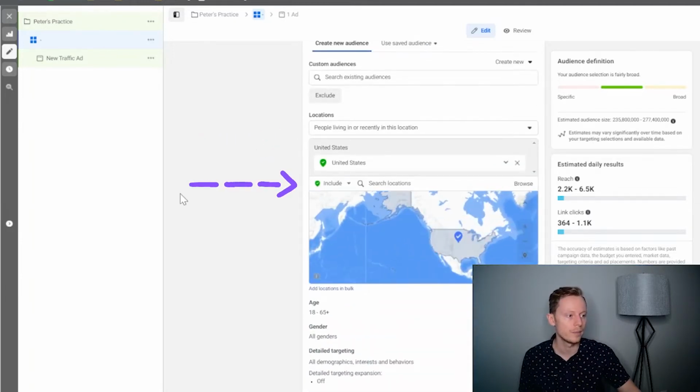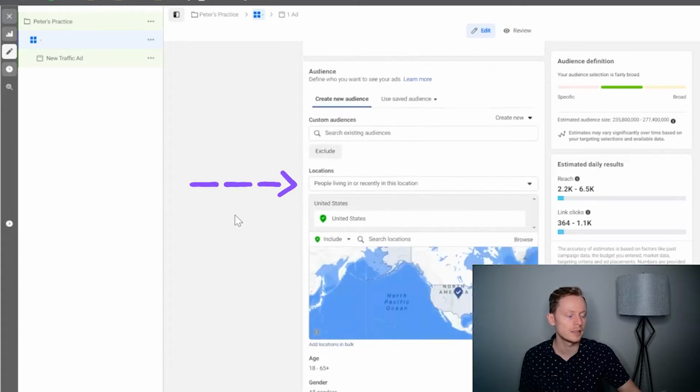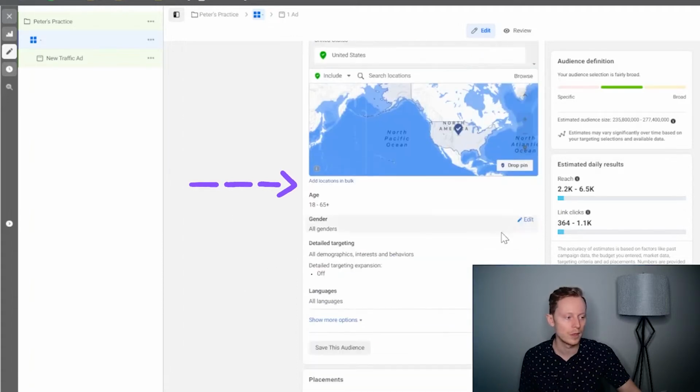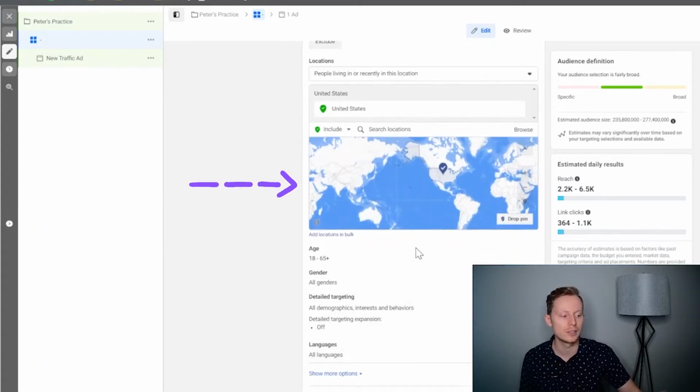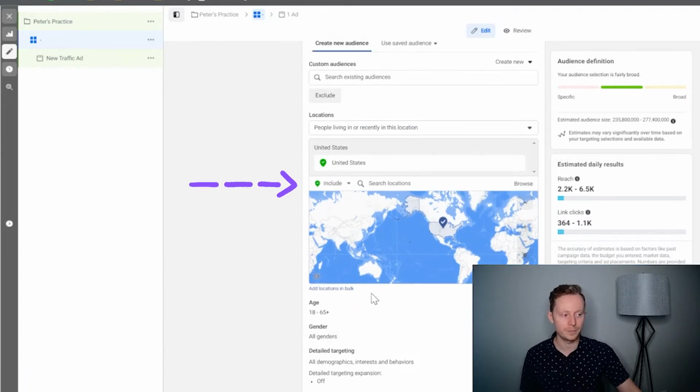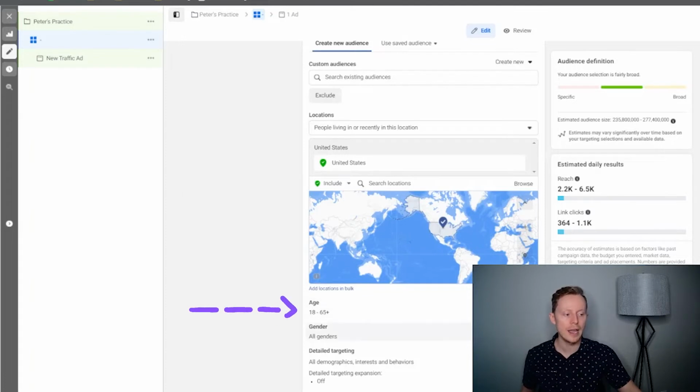So this section here, audience, this is where the rubber meets the road. So what we're going to do is we're going to put in the address for a practice. We're going to set up the age and then go over targeting. So for our intents and purposes, the age and the gender is going to depend on what service you're going